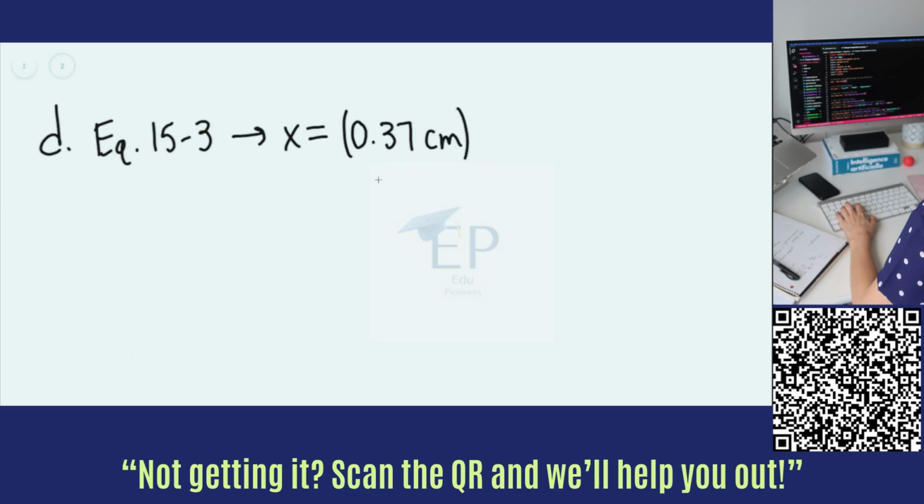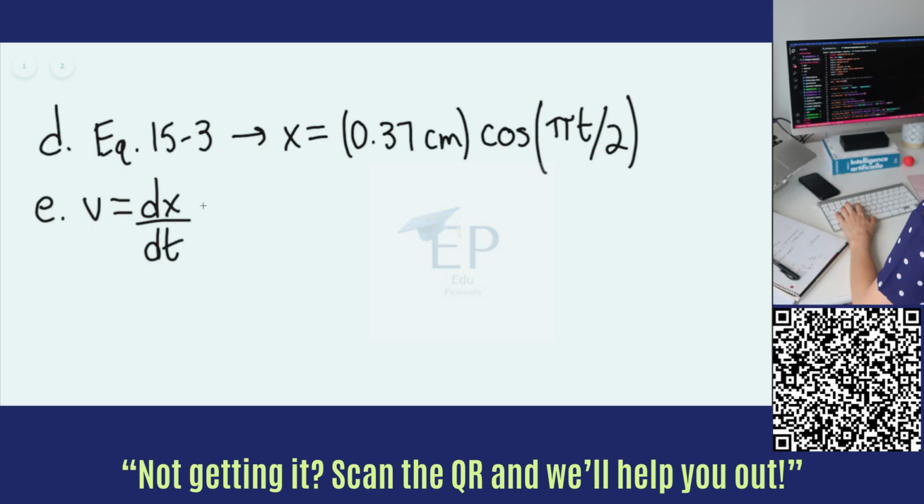But the equation from 15.3, tailoring our specific givens, would be x position equals 0.37 centimeters times cosine of pi times t over 2, and then the phase constant is, of course, 0, so that term is eliminated. For part E, the derivative of x would be equal to v,